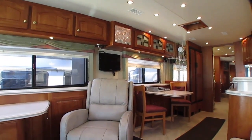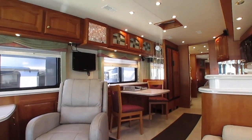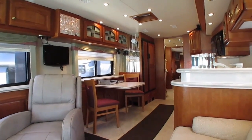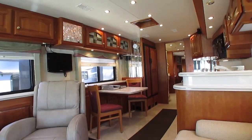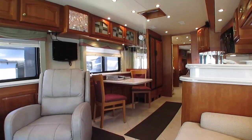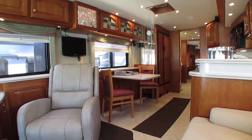We give you 21 nights of free camping, up to 7 nights at a time at select RV resorts nationwide, to be used in a 12-month period. We give you a complete orientation. In other words, once this unit's been through service, been cleaned up by my cleaning crew inside and out, my service manager satisfied, when you arrive here to get your new to you